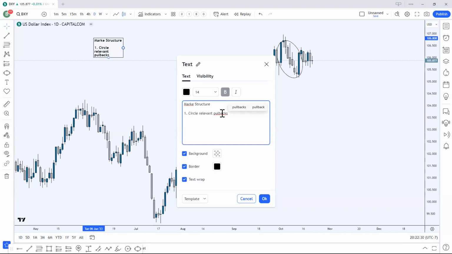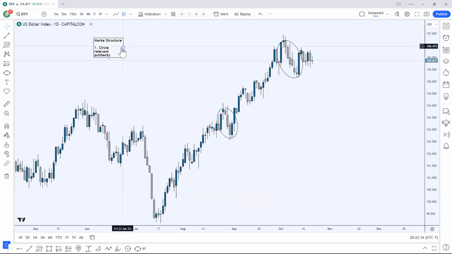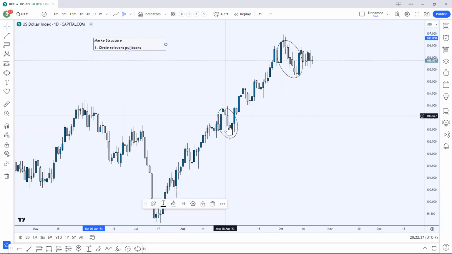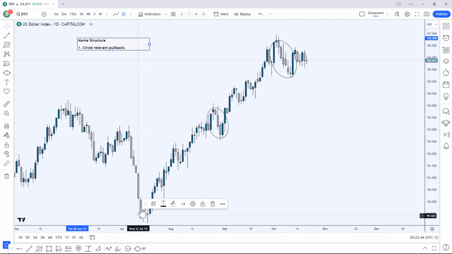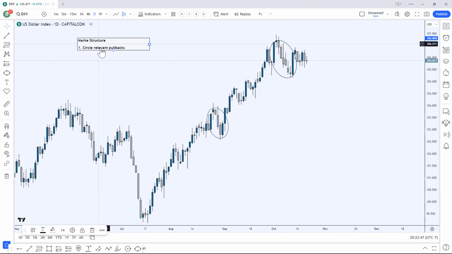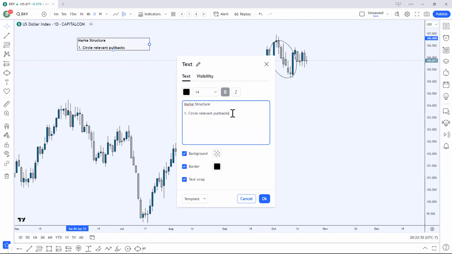This is just what my eye is telling me, that these two are pretty much the valid pullbacks. Maybe when we go into the rest of the rules, it turns out that these are not valid, and maybe it turns out that some of these are actually valid and I wasn't seeing it. So let's go into the other rules here. The next rule is where the indicators come in. It's very important that step one is no indicators. It's just what your eye is telling you, asking yourself what looks like a valid pullback here. That's step one. Once you circle what you think is valid, then step two is